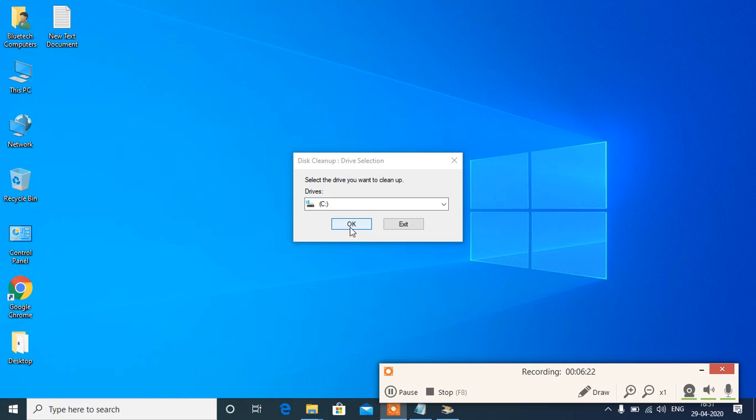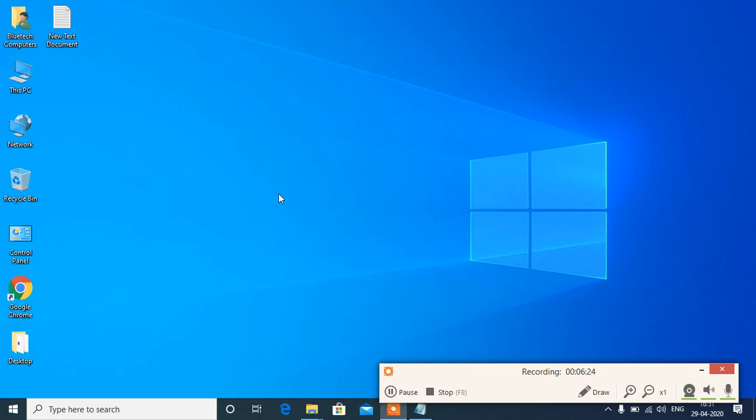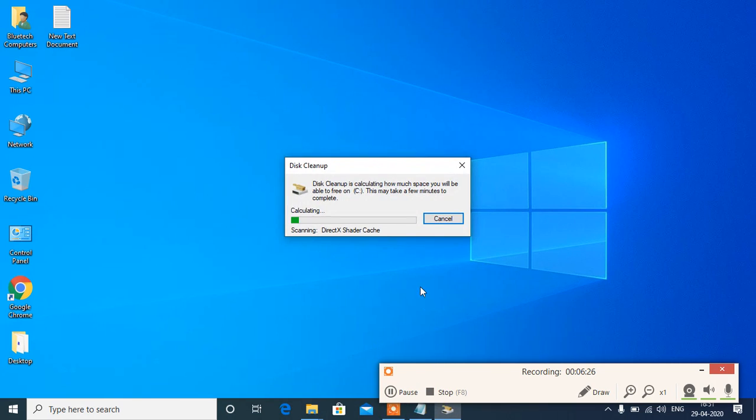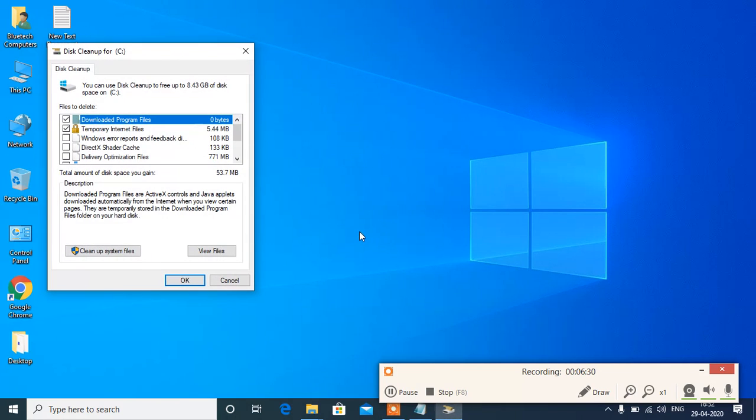Click OK. The disk cleanup will clean temporary files and more. Clean up system files, whatever you want, just click there and it will clean all the things.